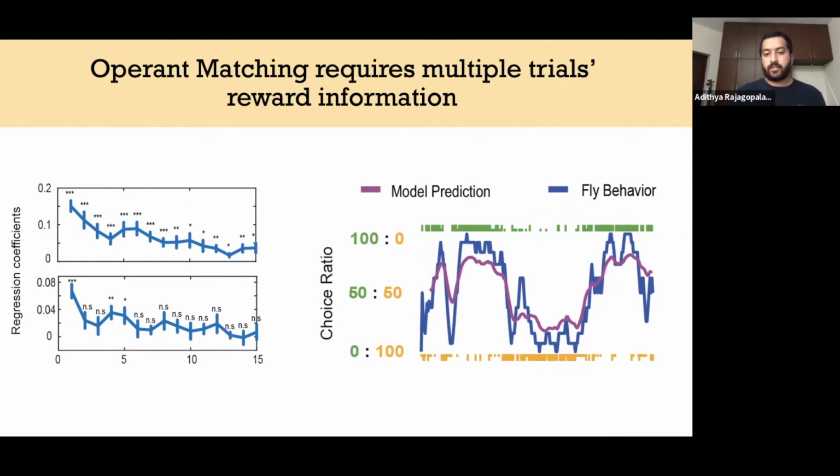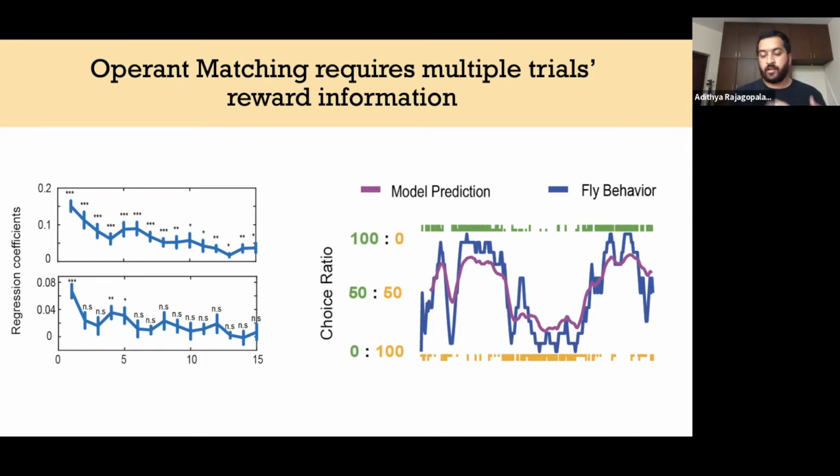And so what we've seen so far is that flies do show the same kind of matching behavior, or operant matching, that monkeys and mice do in a similar task, and that they make use of the same kind of information about reward history in determining their choice. But the questions that we were hoping to answer in this system that couldn't be answered in the mouse or the monkey were questions about the learning rules that underlie how these values are updated over time, and understand how these changes in blocks